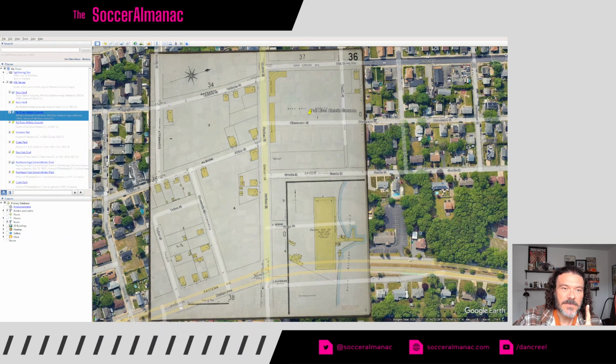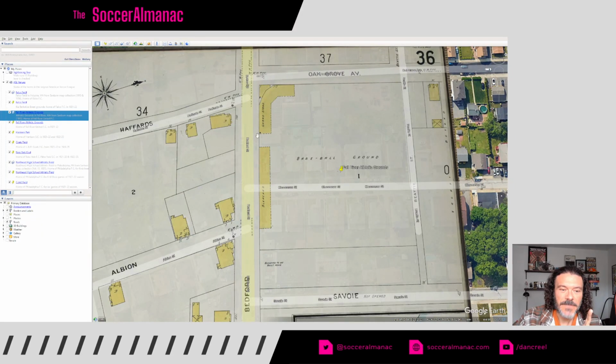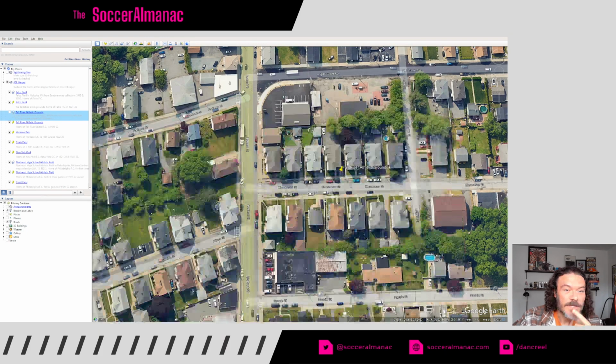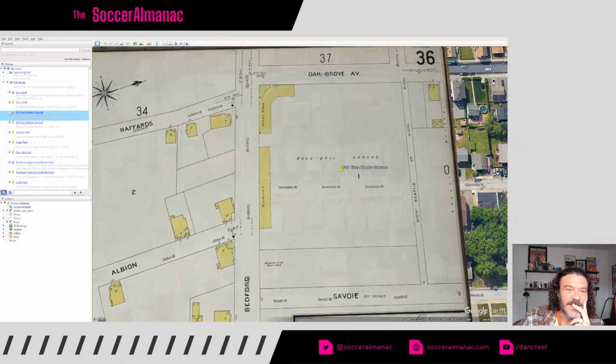So this bit wasn't included for a while, but what you will see, and I'm going to zoom in here, is what the baseball field looked like, with the grandstand. If I get rid of it, what you'll see is the foundation still here, of the grandstand. I'm not exactly sure, but I think there's some brick there and maybe some cement. You can see the curvature right here, underneath. It's really fascinating that it's still there.